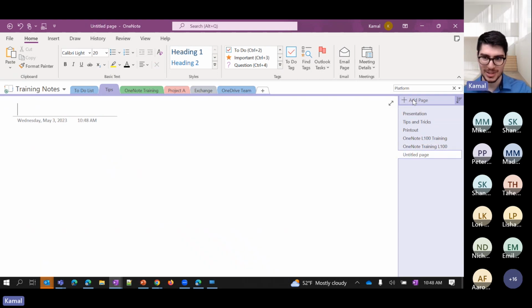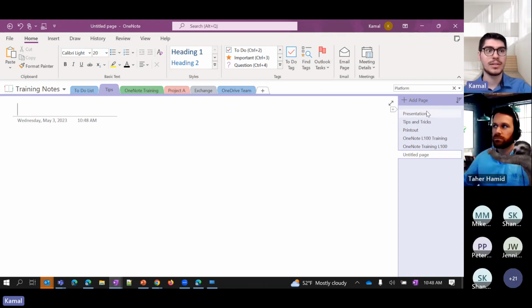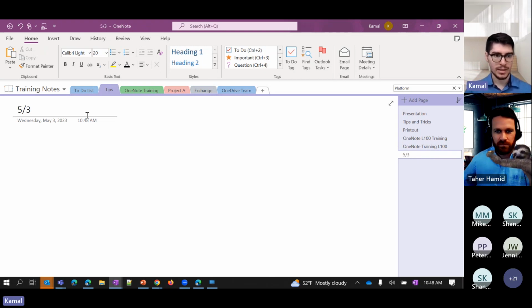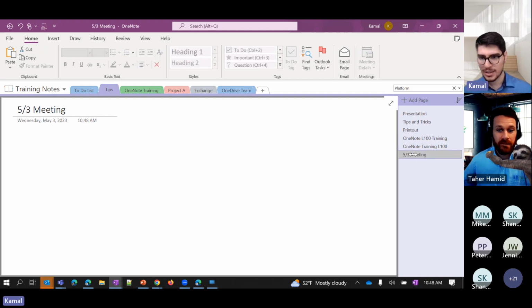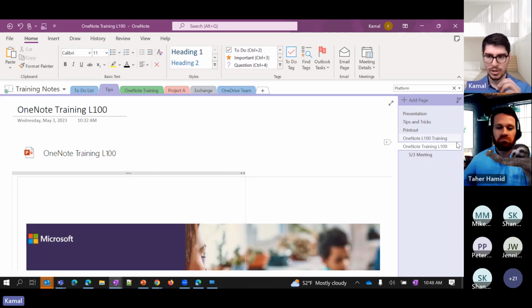because there are a lot of features always in OneNote. And pages, on the right hand side, you can add subsections. So let's say you have the main page that you took the meeting notes in, but then every week you meet again and you don't want to keep it in one page, you want to create the 5-3 meeting. What you can do is you can just drag it a little bit to the right, and now it's a sub page of the actual page, and you can minimize it,